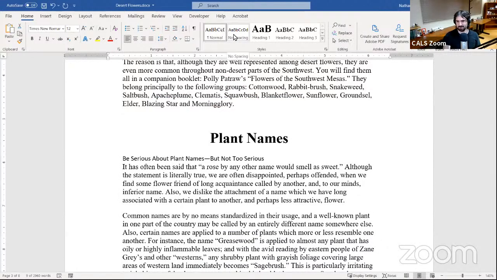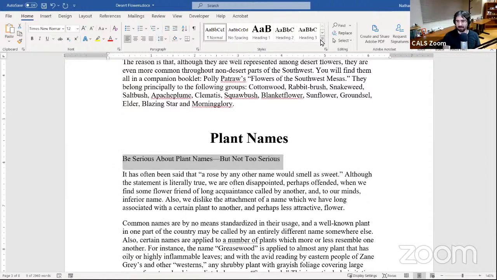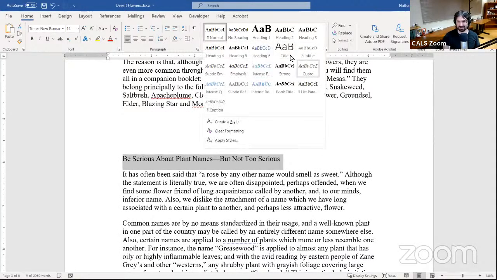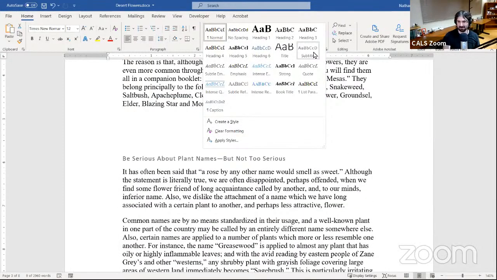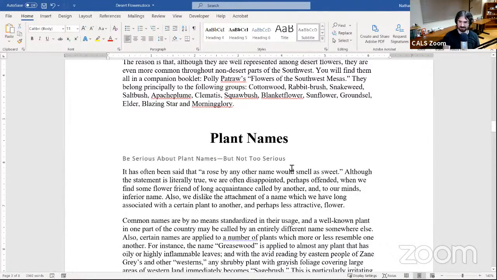No spacing is a style that basically is just cutting down the spacing, and it looks like it's changing it to a different font. That's a little odd, but whatever. And it's not a heading because this is like a subtitle for a heading. So I could come down here. I do have a subtitle option. So if I wanted to do that, I could. That looks all right. Or I could do something like